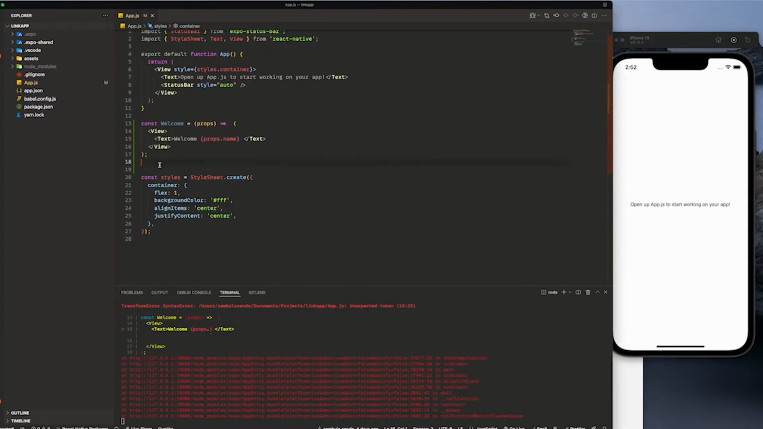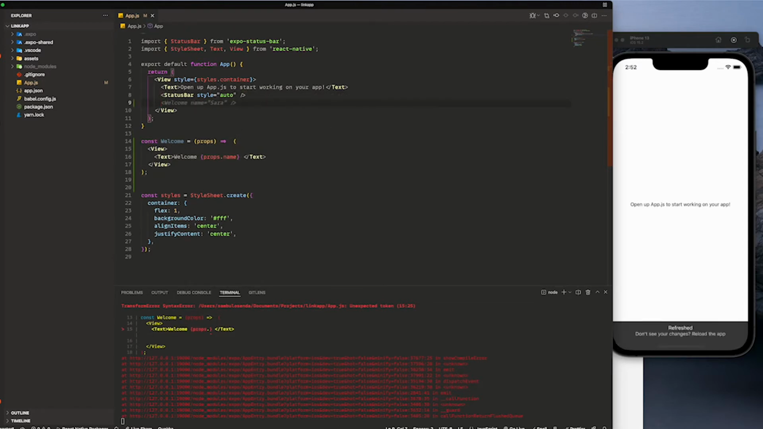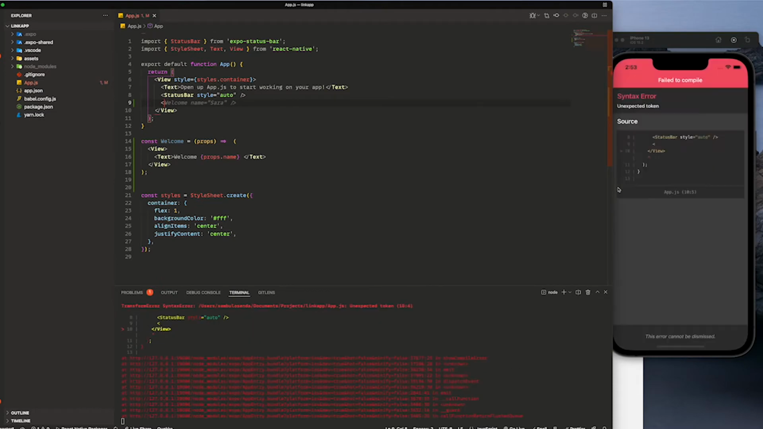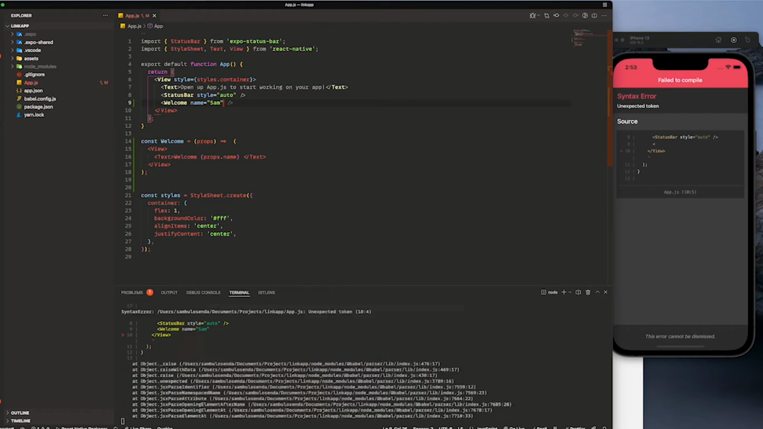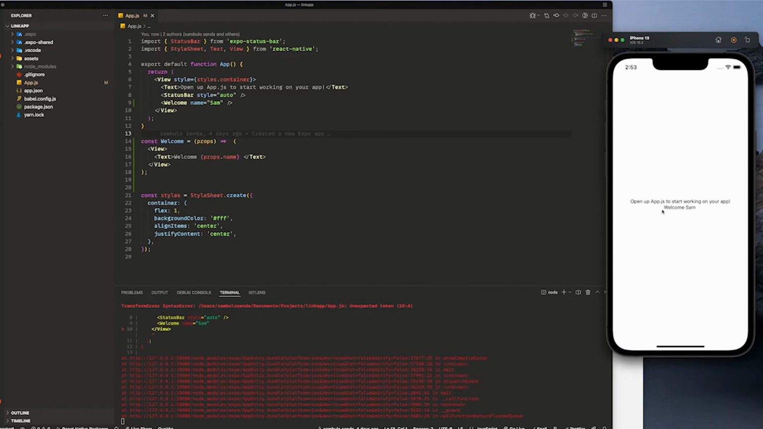Now we can reuse this component by passing in the props. What I'm gonna do is call that component inside here so that we can render it on the screen. I'm gonna say Welcome name equals Sam, and close the component. As you can see now, it says welcome, and I passed the name Sam as a prop, and our component gets rendered,